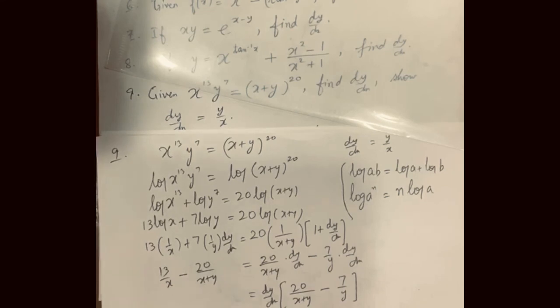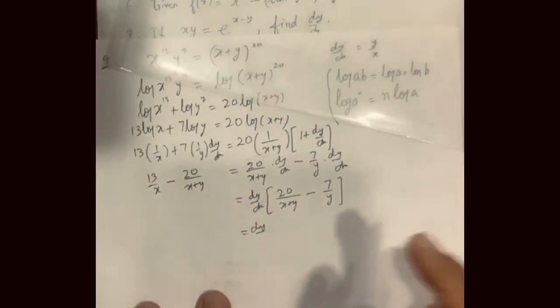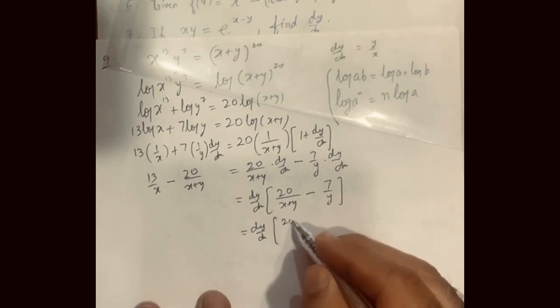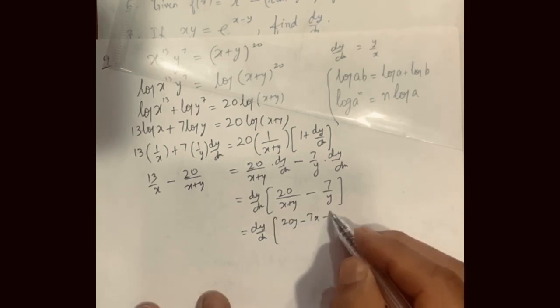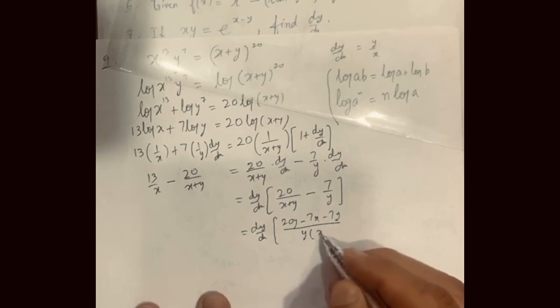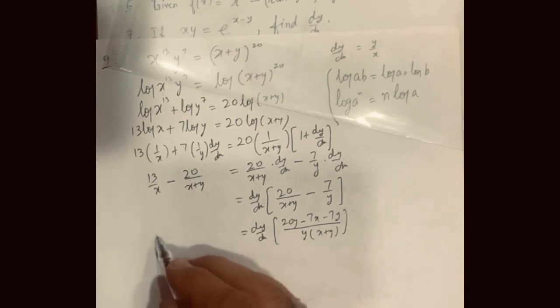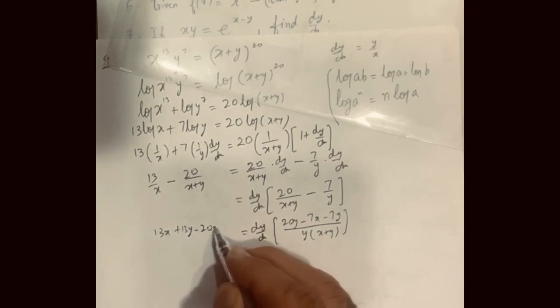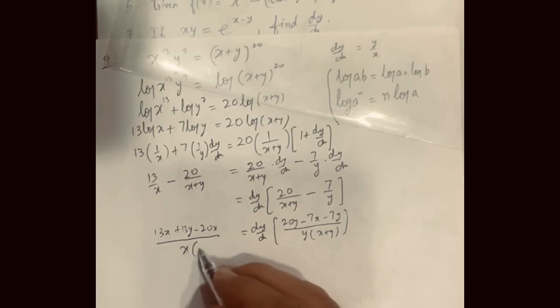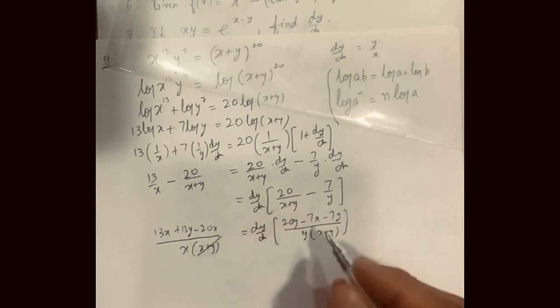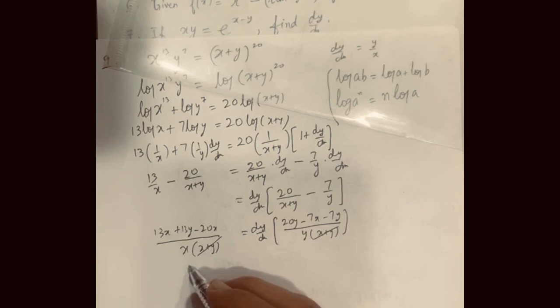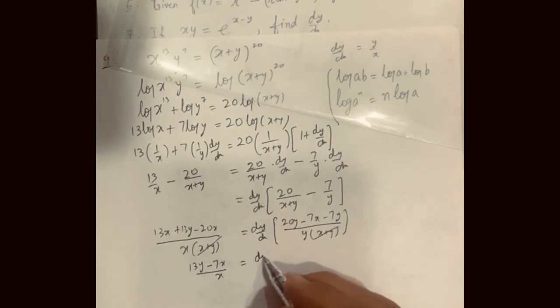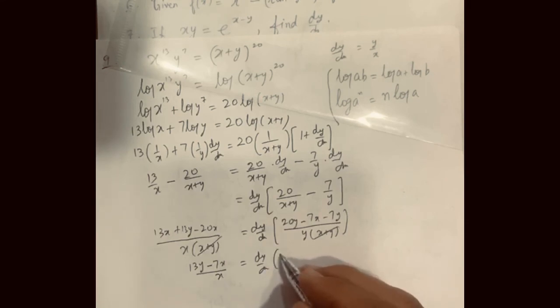This is dy by dx. This will be 20y minus 7x minus 7y, this is y into x plus y. And this side it's 13x plus 13y minus 20x upon x into x plus y. You can cancel out x plus y both sides. This is 13y minus 7x upon x, this is dy by dx. It's 20 minus 7, that's 13y minus